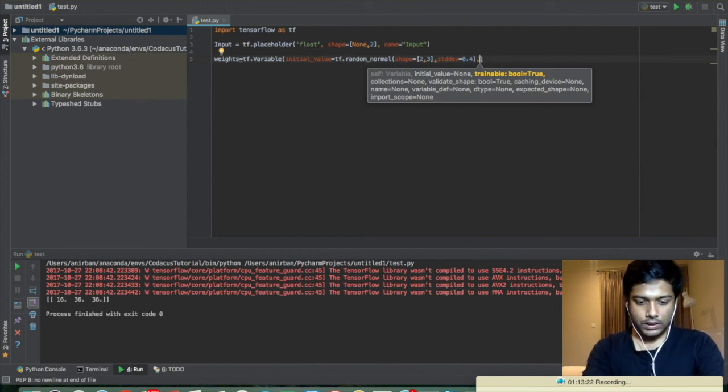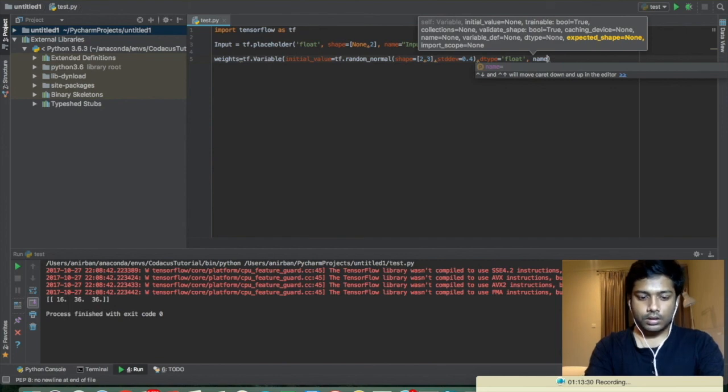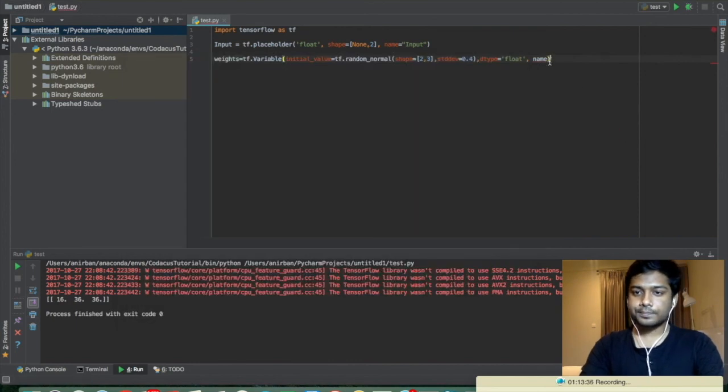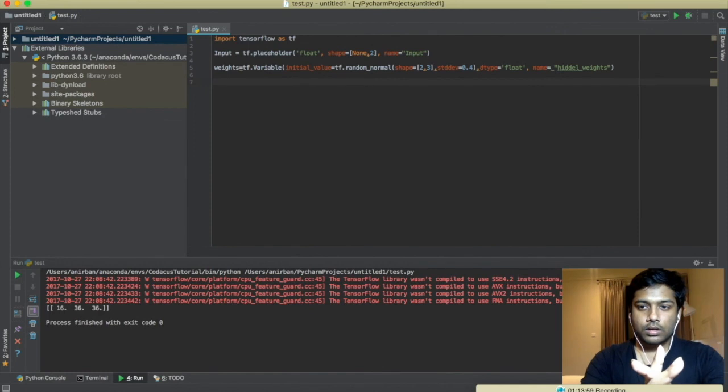Now we want to set the dtype, make it float, and another thing is we want to set the name. Let's say we want to name this layer as a hidden layer. Let's name it hidden weights. Now we have our weight matrix,